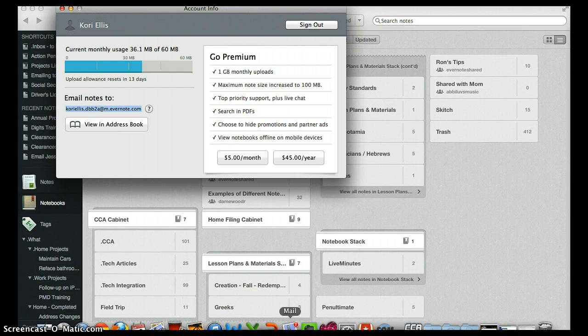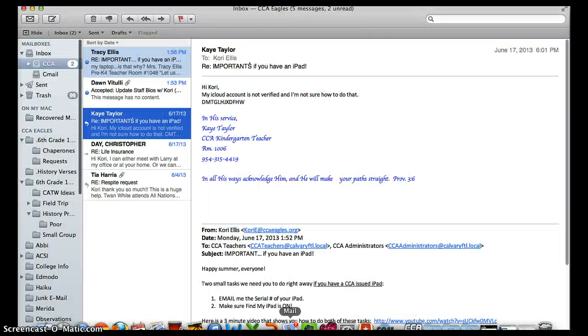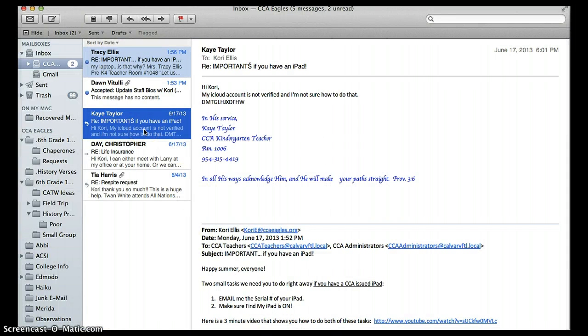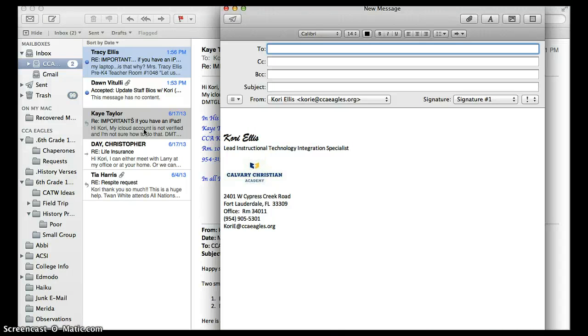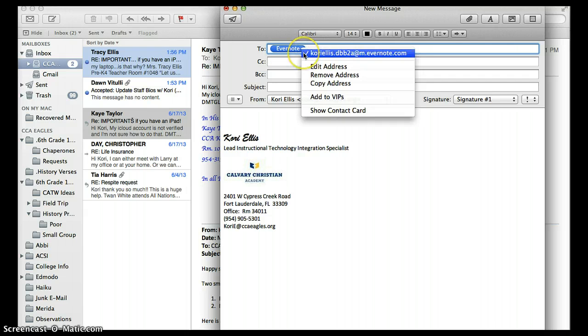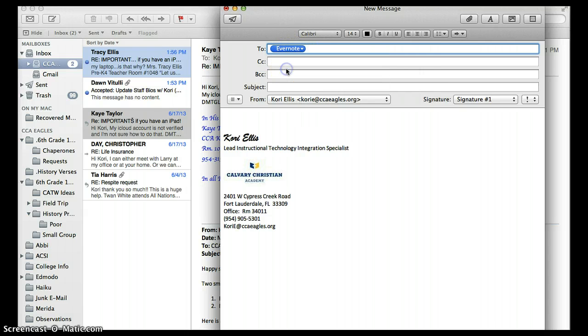If you go over to your email client and do a new email, I can type in Evernote, and you'll notice that I have that account set as Evernote. When I hover over that, the email address it's sending to is my Evernote email address. And so I can forward anything from my email or any notes that I want to go to Evernote. Let me show you an example. Here's a test note,